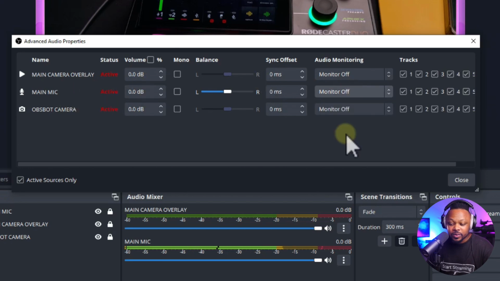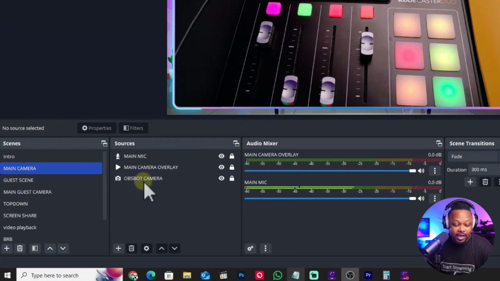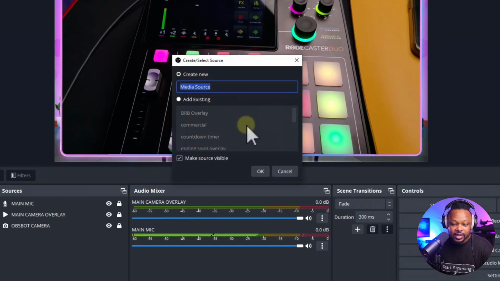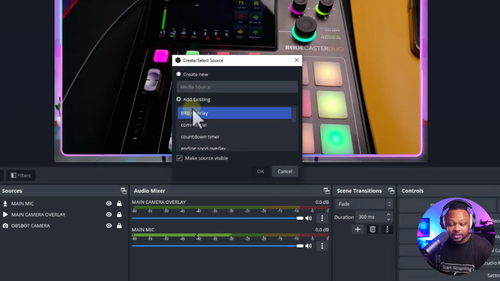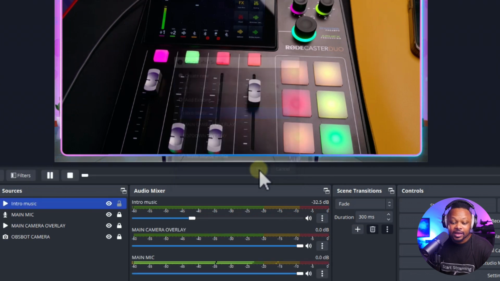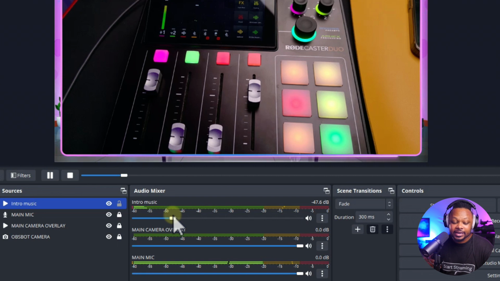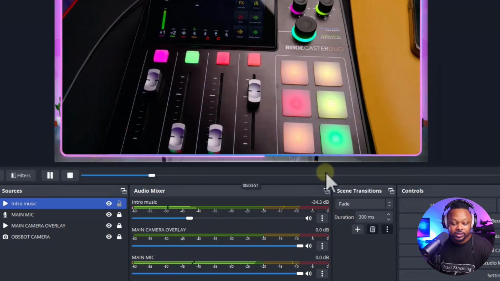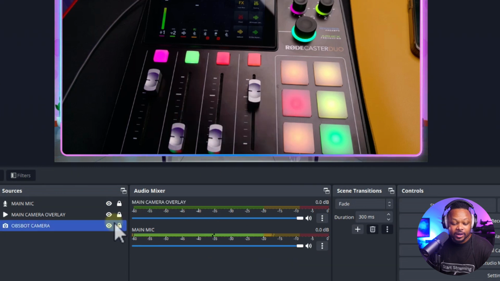Okay, now if we had some background music, let's say I can go here and then add background music, so it will be a media source, and then let's say add existing. Let's say maybe I want to add intro music. I want to add the same as the background music. You can see now it's added here, right? As you can see, it's playing. Okay, so the same thing, because I added the same that we have on the intro, I can still control it, and if I go here, go to advanced, you can see it's set to monitor and output. Okay, so I'm going to go ahead and delete it,